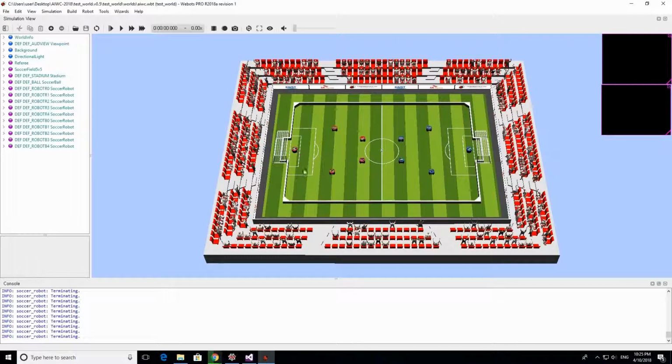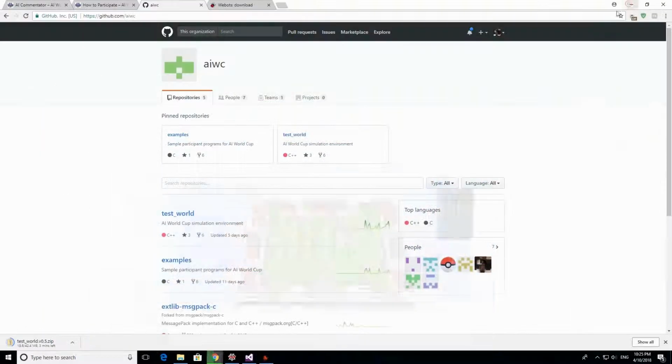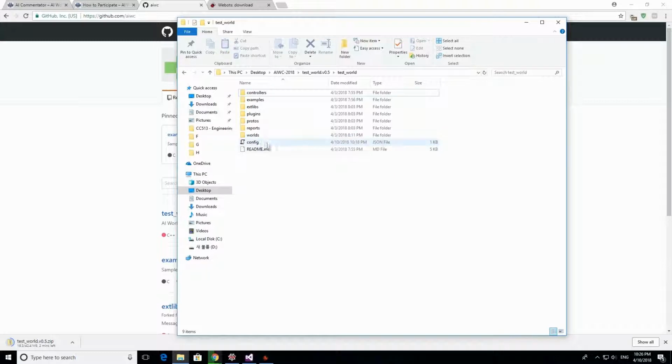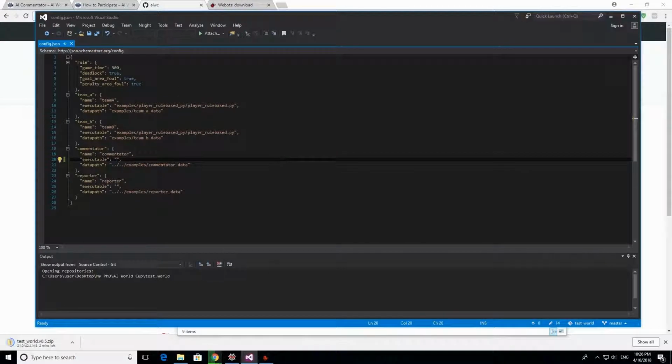Yeah, it's loaded. You see that it's loaded here. I'm gonna minimize for a bit because I want to go back to the folder. If you're going to participate in the AI commentator, the first thing you need is to get this config file and open it here. You see that here you can control the game time, the fouls, the program for the teams, and here's the commentator part. So we're gonna use for this example